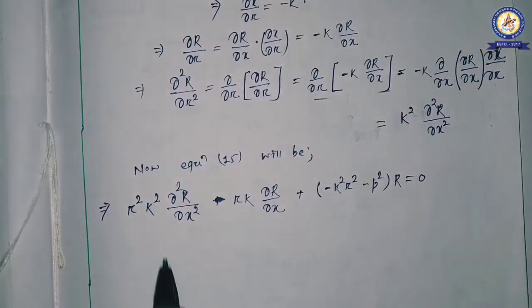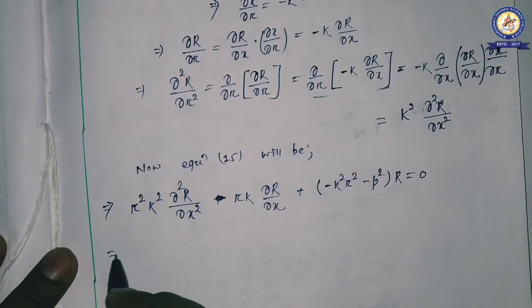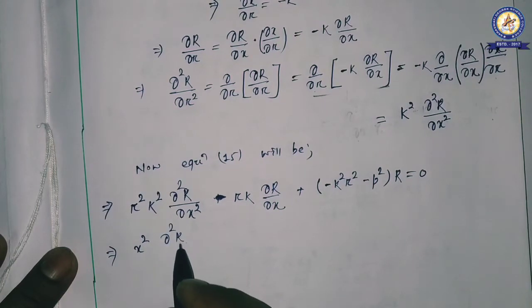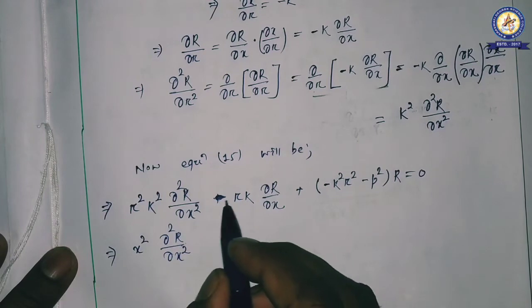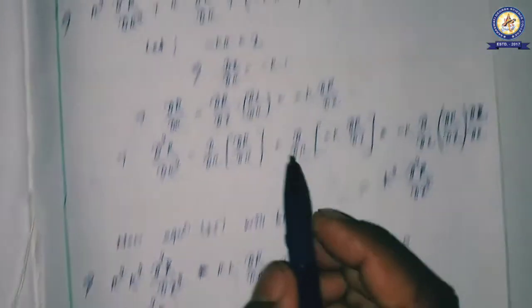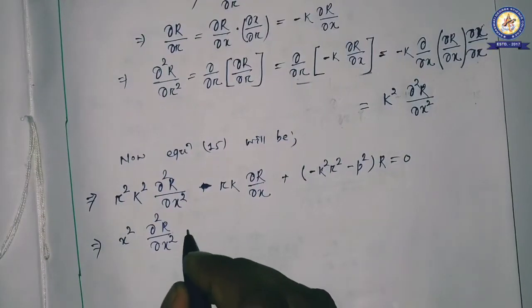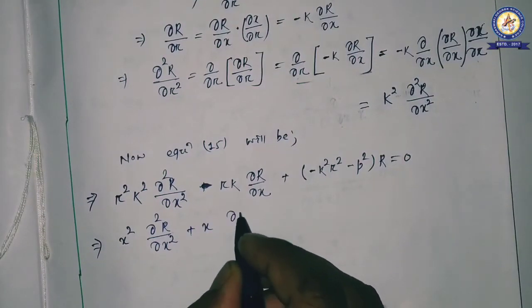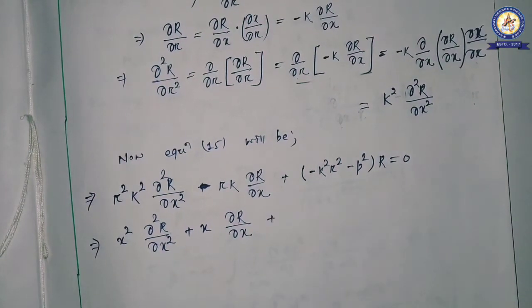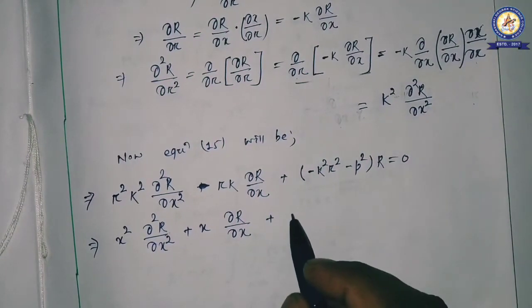Got it? So r square k square can be written as x square del square capital R by del x square. Here you can see minus rk will be written as x. Okay, so plus x del capital R by del x plus